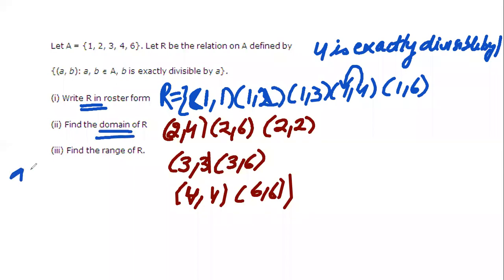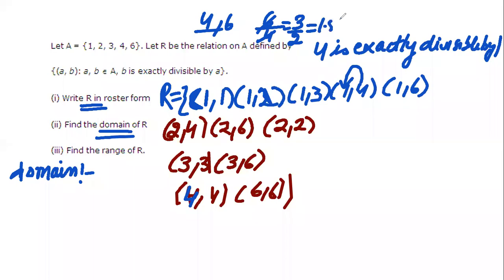Excuse me, ma'am. Yes, beta. Ma'am, in (3, 6) and (2, 6), a fraction will be left at the bottom. And (4, 6) will come. No, it should be exactly divisible, beta. No, ma'am, this 4 is completely dividing it. Not completely divide; it says exactly divisible. 1.5 will come, so that is not exactly divisible. Got it? No ma'am, with 3 and 6, won't a remainder be left at the bottom?